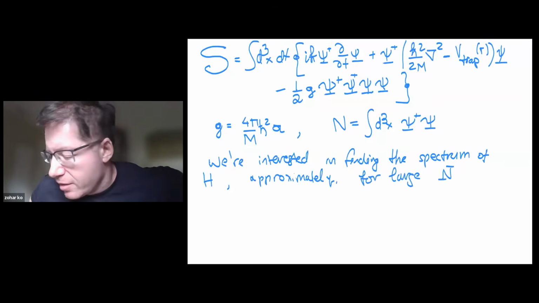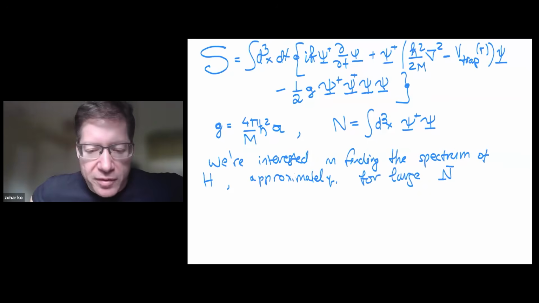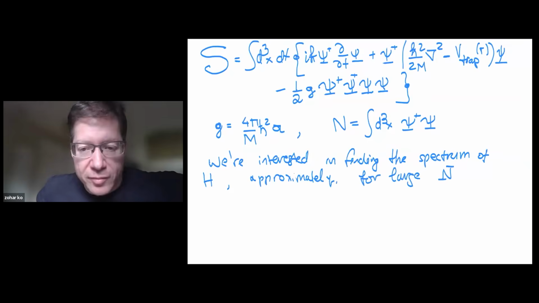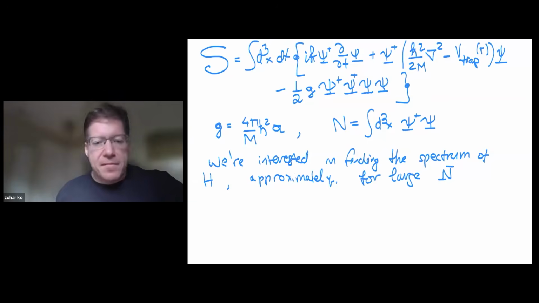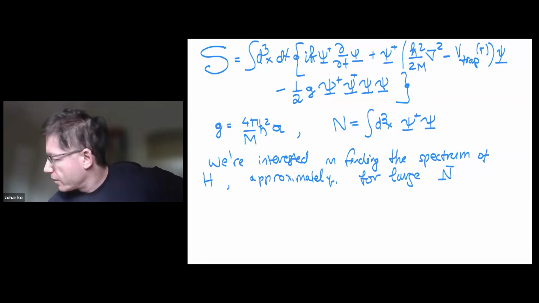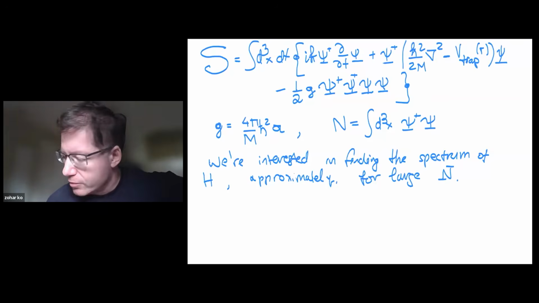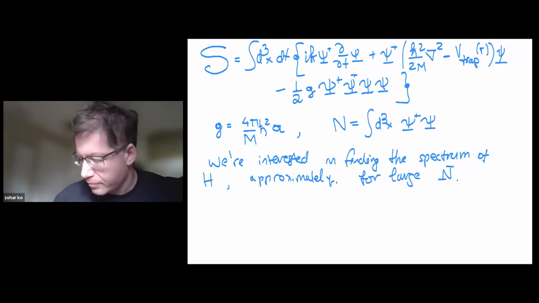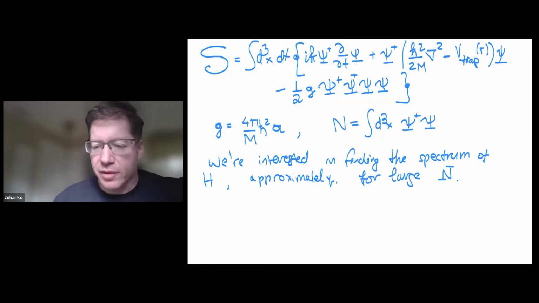We'll have a bucket which is big enough, and there will be like 100,000 particles in the bucket, and we will be able to find the spectrum of the Hamiltonian by using semi-classical techniques, even though the 3-body problem is not solvable. Or maybe even the 2-body is too difficult if there is a trap. So that's our goal. Now the most important part will come. I'll show you how the effective h bar can change if you have many particles in the bucket. Are there any questions before I go to that?